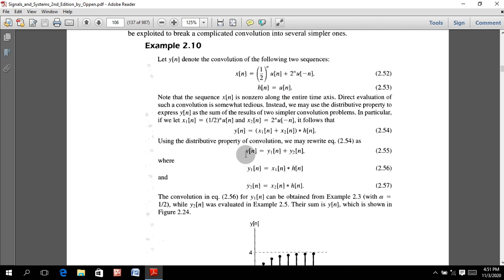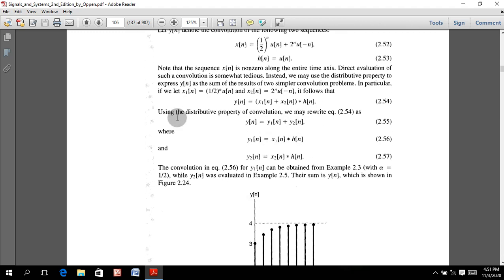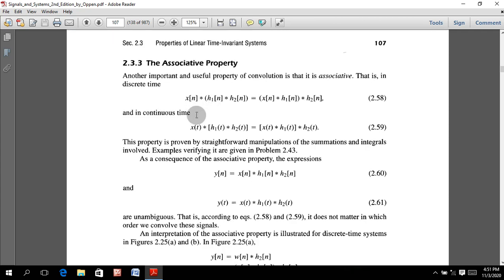So y of n can be written as this, and y1 of n can be written this way also. The same process, the same technique. The associative property also shows that x of n convolved with h1 of n convolved with h2 of n can be rewritten in this format. So we can take any of these signals, impulse responses, or inputs, take them out and put them back again. If we go along this way, you can find that